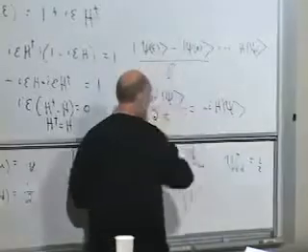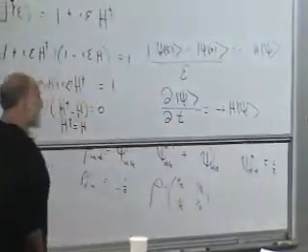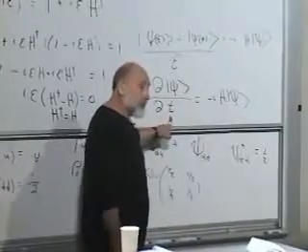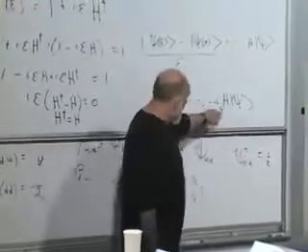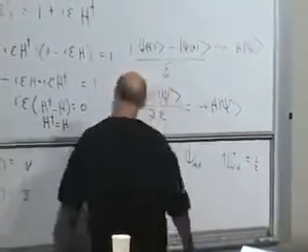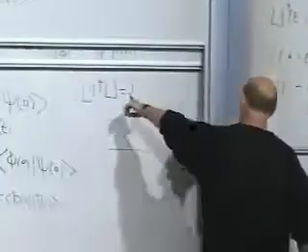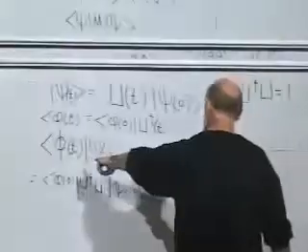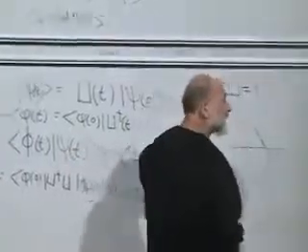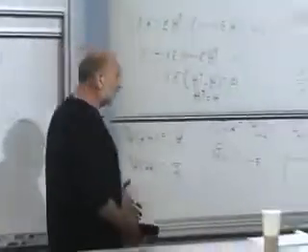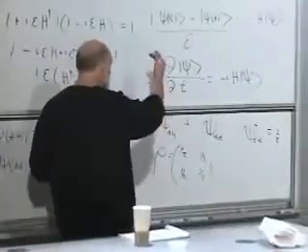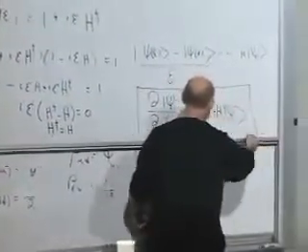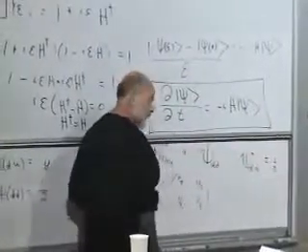This tells you how the wave function of a system, or how the state vector of a system, I should say, changes with time. H being Hermitian guarantees that U is unitary. If it's unitary, it guarantees that the logical relations between states are maintained with time. And this is the equation which governs the evolution of every quantum system.